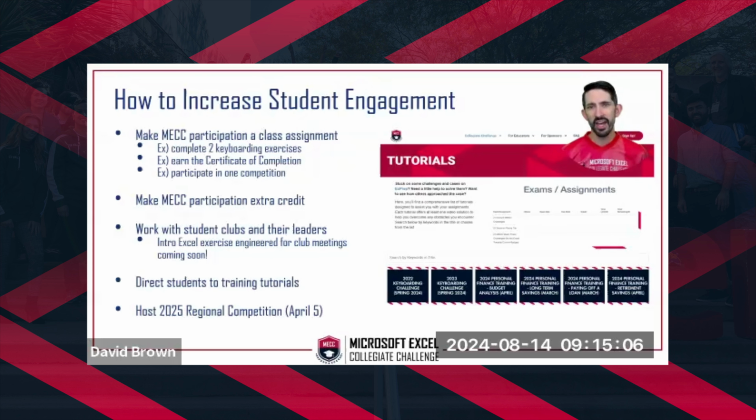For my higher level students, I'm going to require them to get the certificate of completion. So at least 6 challenges throughout the semester. And again, they get a LinkedIn badge when they do that. So there's some extra incentives there. And you can also, if you want to, encourage them to participate in the competitions by requiring one of those. And again, you're going to have all the data you need to be able to see that from those reports we're going to be giving out. And we're just going to automatically be updating those in those folders each week once the fall kicks off.